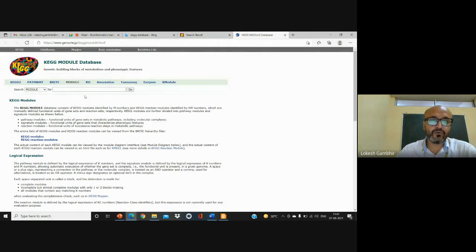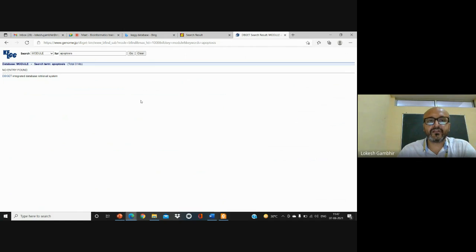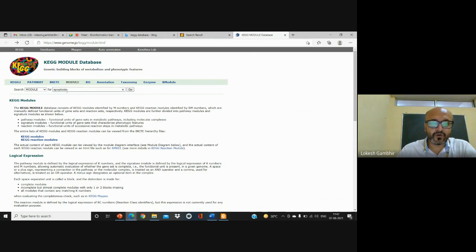Then this is the module, KEGG module. Now, what is KEGG module? Why should you use this particular module? This module is nothing but an umbrella. If you are going for pathway, then it will have a pathway module. If you are going for reaction module, it will have a reaction module. So I just typed here again a process. I put go, and you will see that the complete same page of information is opening up, where the complete information regarding the module will be available, if that module is there or not.